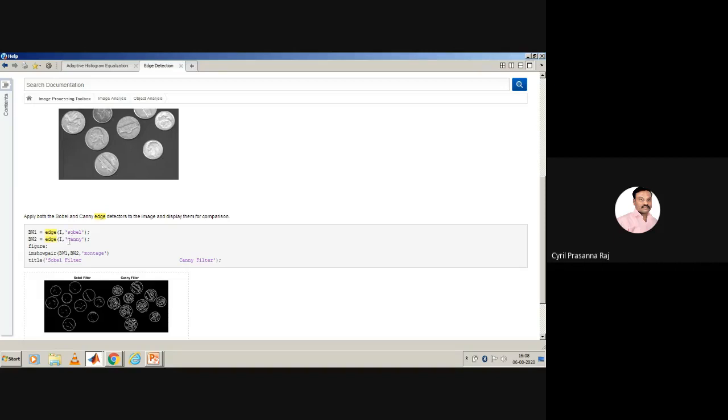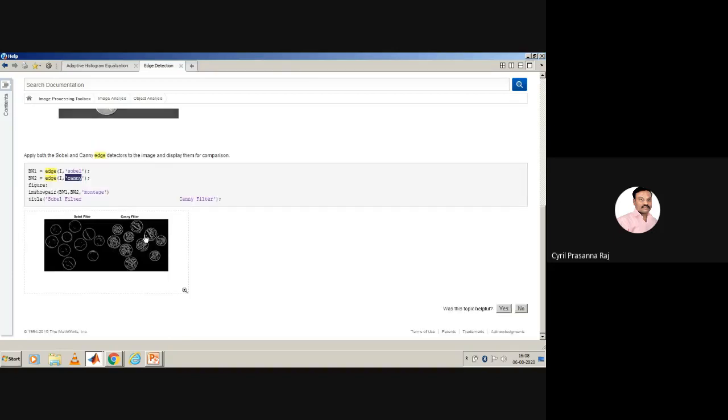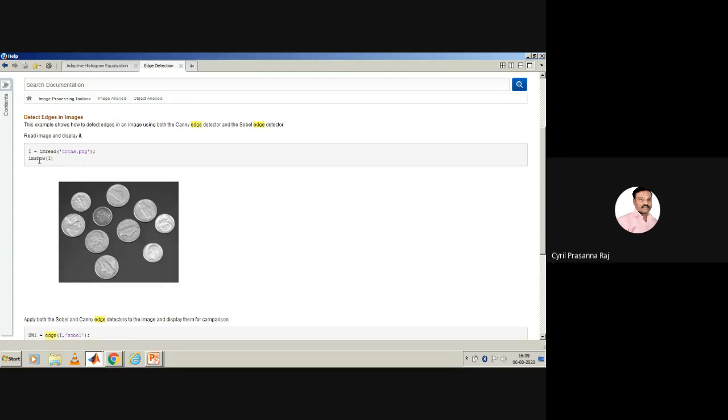Now, what they have done is to define what kind of algorithm you are supposed to use. You are using Sobel as the first and Canny as the second. Now, if you see here, BW1 is the edge detector output using Sobel. BW2 is the edge detector output using Canny. Then they show both the images using a function called imshowpair. All these days they are using a function called what? imshow.